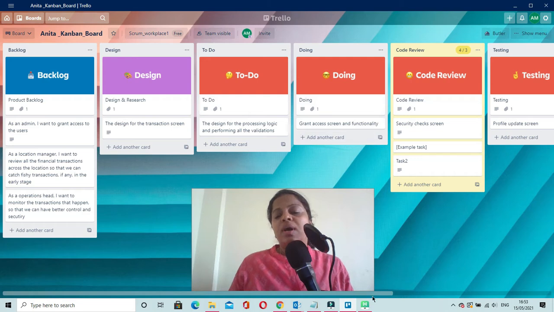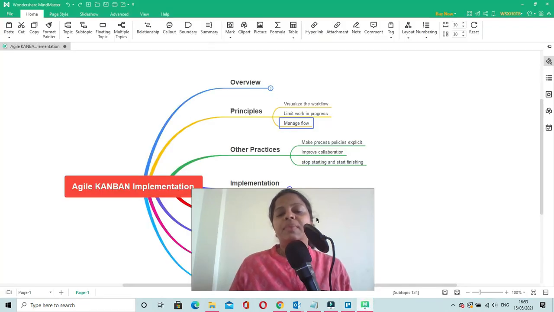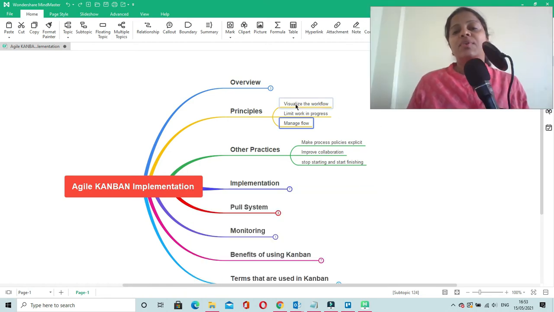Now coming back to the principles in Kanban. The first principle is visualize the workflow. As we have studied in our initial session, the primary motive in Kanban is to visualize the workflow, or workflow management.